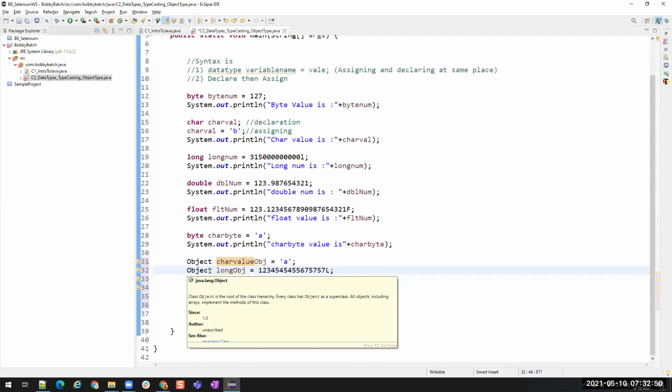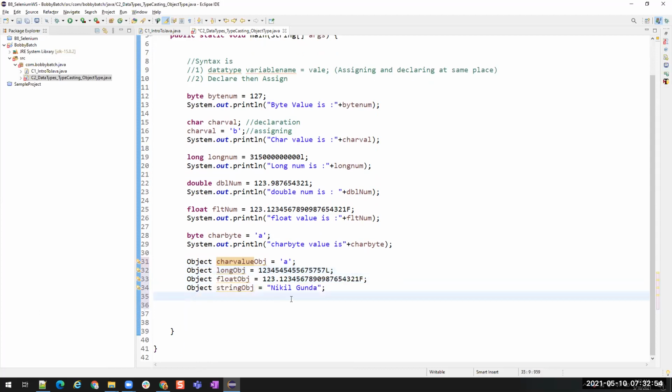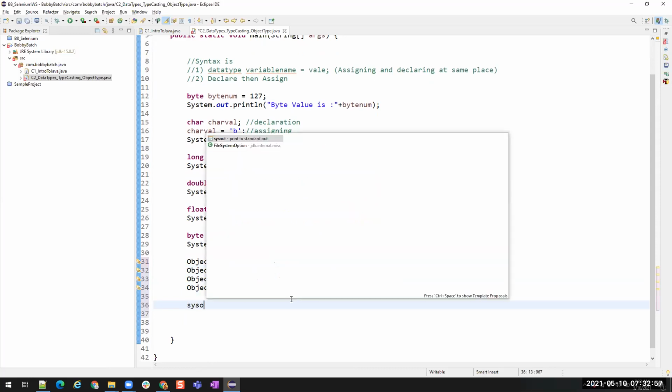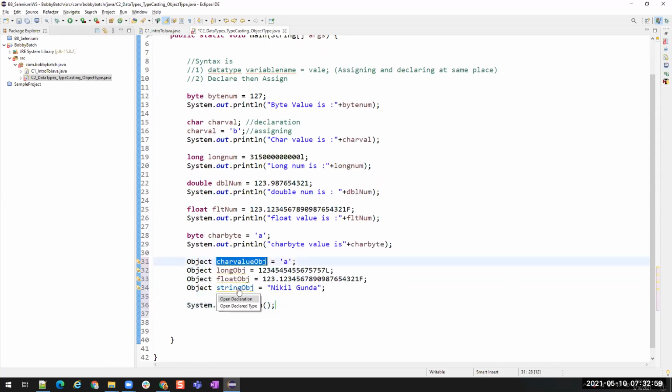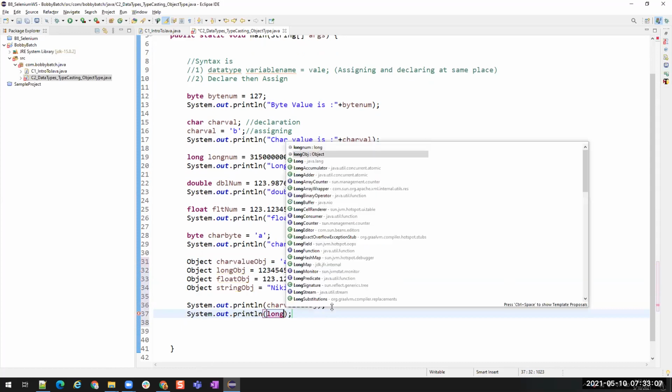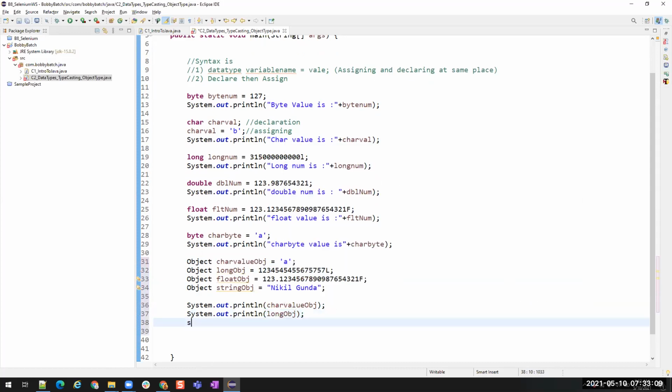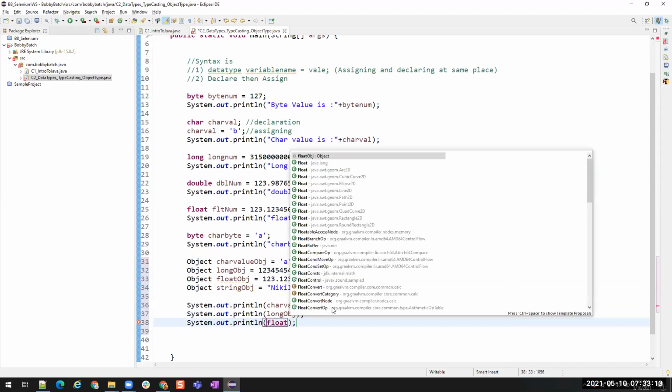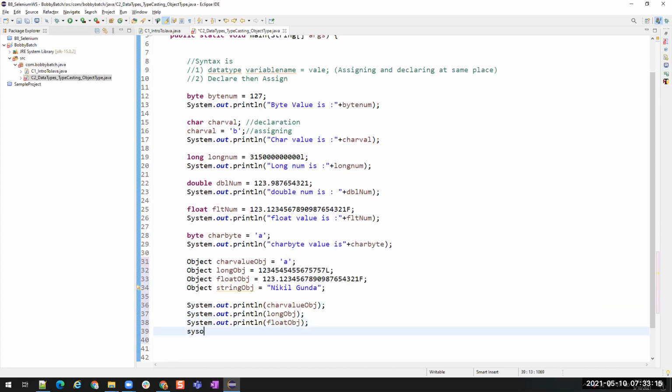Okay, that's the general naming convention that we follow. All right. Now I can print any of these values. It will print as it is without any issue. So long object value, and then string object.